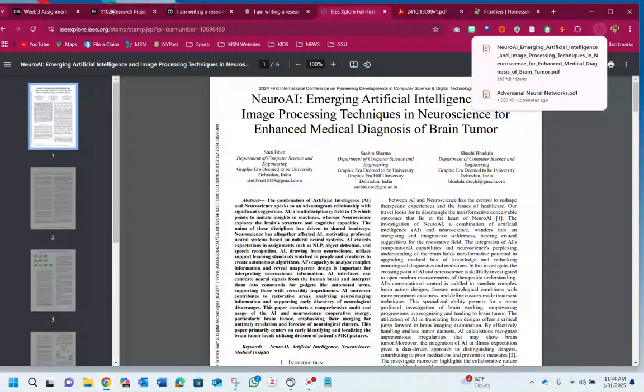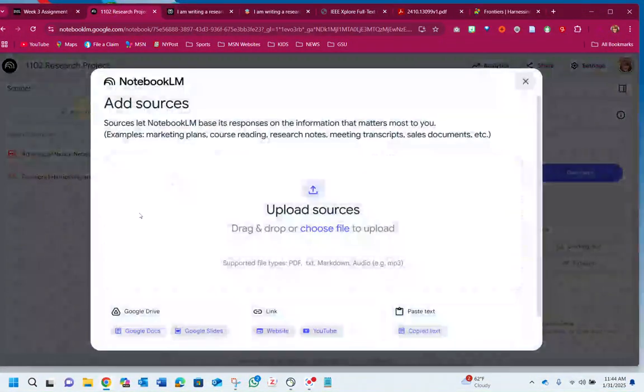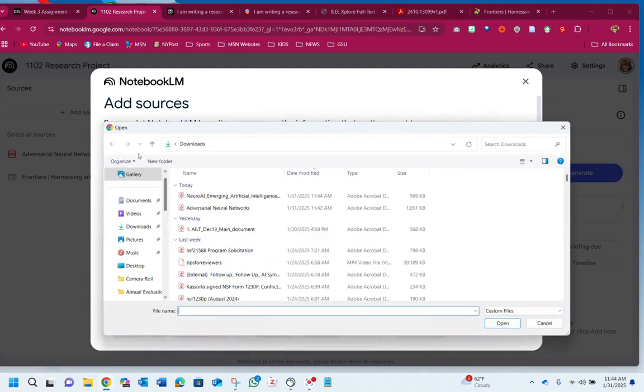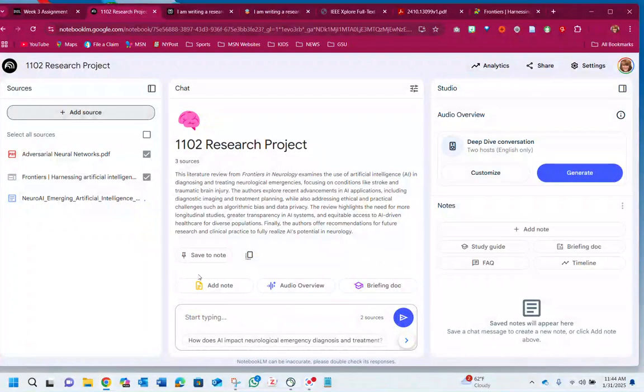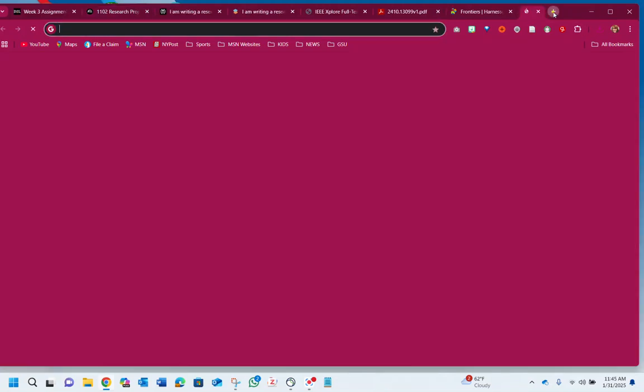So I know what it is, and I'm going to go in here, and I'm going to add my source, choose my file, Neuro AI, open. Okay, now sometimes you can't get the PDFs this easily. Sometimes you get a website and it won't take the website. So I'm just going to show you a tool really quick that you could use if you need to. Like if you absolutely can't get the PDF, and let's say you have a website,